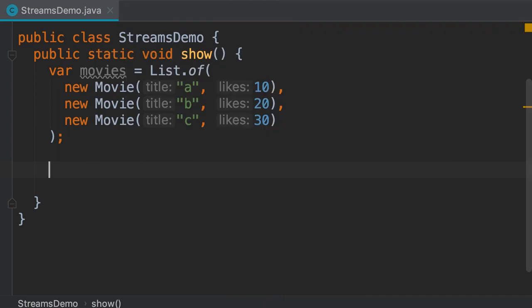Quite often, we need to transform the values in a stream. To do that, we use the map or flatMap methods. Let me show you. Over here, we have a list of movies. Let's say we're only interested in the names of these movies. So instead of having a stream of movie objects, we want a stream of strings where these strings